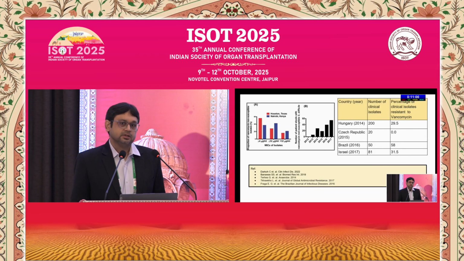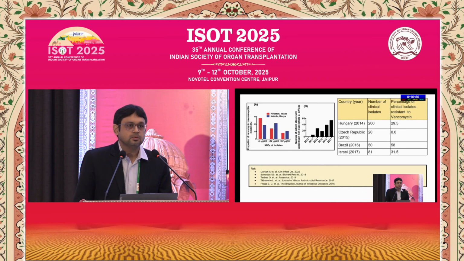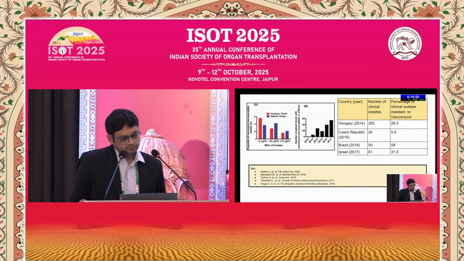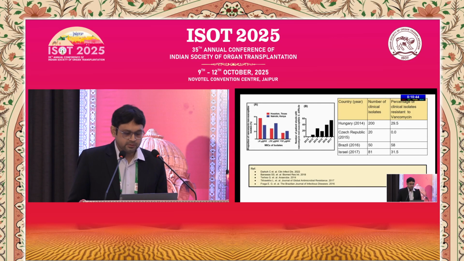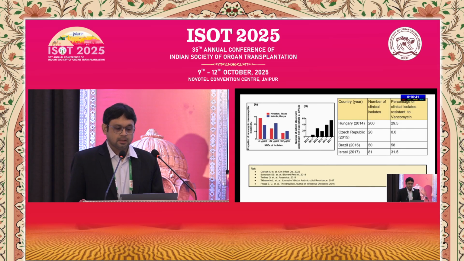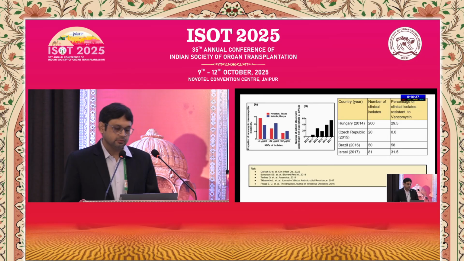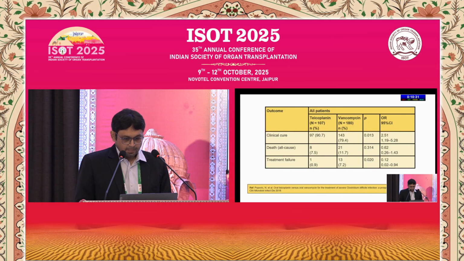There is increasing literature about C. diff being resistant to vancomycin. So there is an increasing number of cases of vancomycin refractory C. diff being described. These are different studies that I have compiled from all over the world. The one on the left compared isolates in the US and isolates in Africa. And on the right, you can also see that studies from Europe, South America, Israel, they all have shown a considerable amount of resistance, or a significant percentage of these isolates being resistant to oral vancomycin.